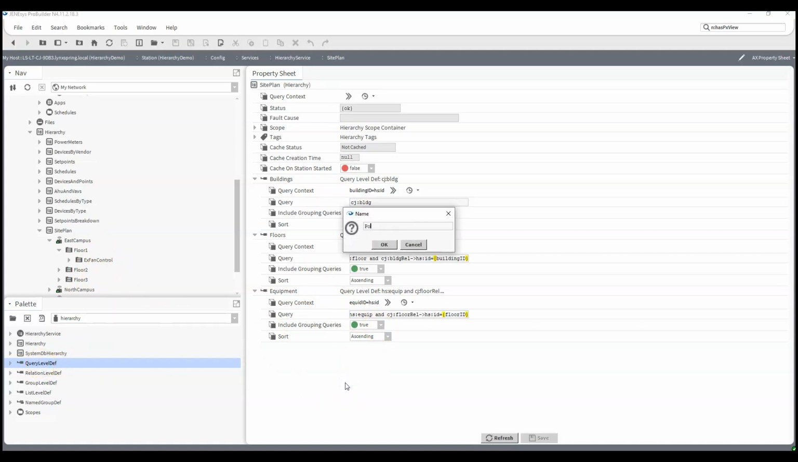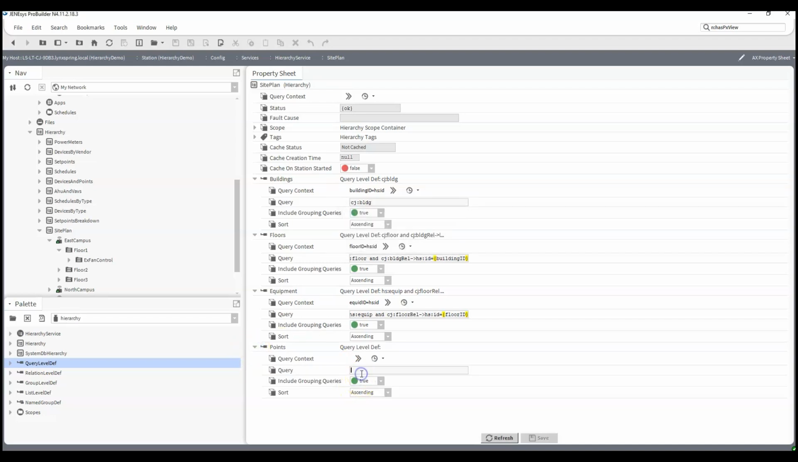So one more here, and I'm going to name this points. And this one, I don't need to add a query context here. I just need n:point and my equipment reference, or my equipment relation, equip rel is HS:ID, and now I'm going to add the equipment ID to this. And now if I refresh my tree node,